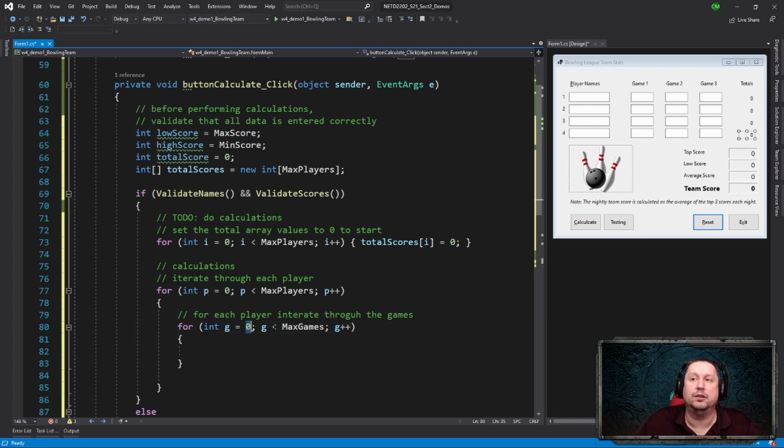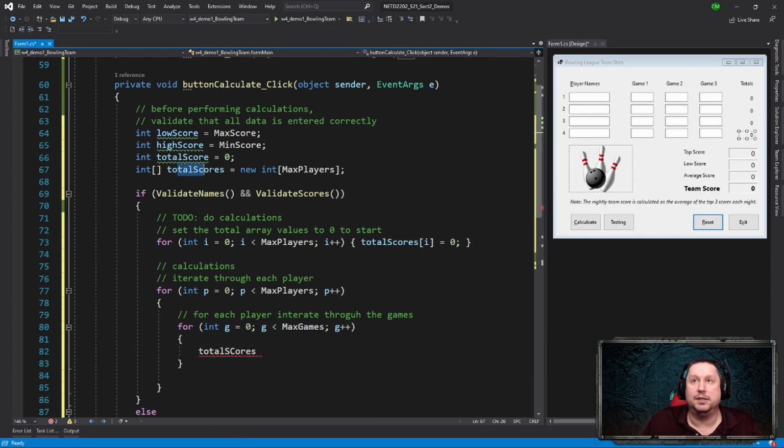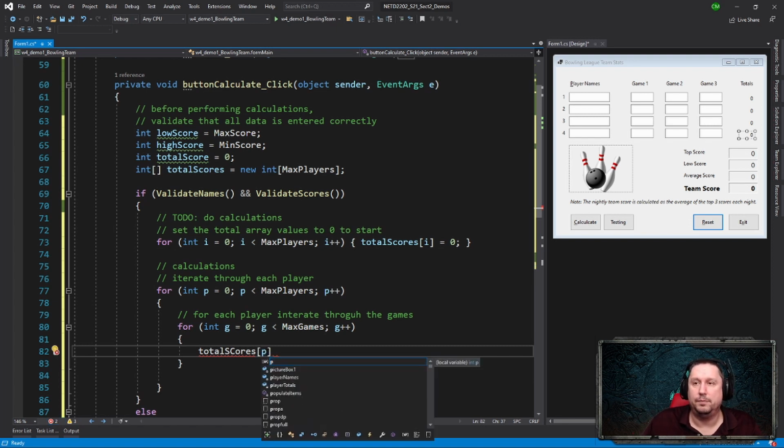Again, I started at 0, so I don't have less than or equal to, I have less than. That's just to make sure I stay within the right range. And then literally I'm going to say total scores for the player plus equals